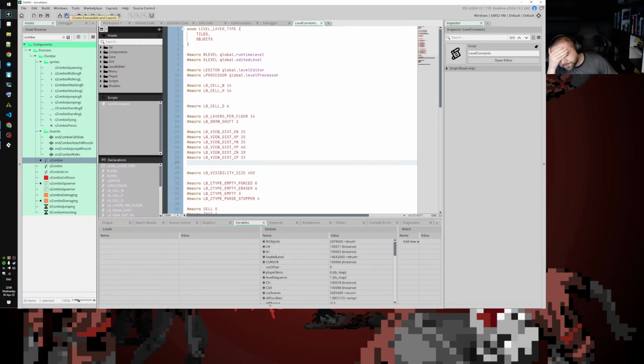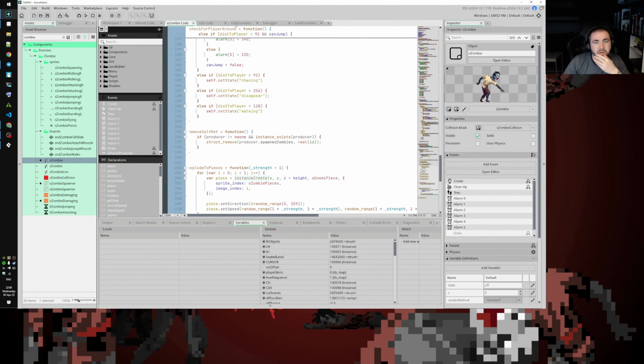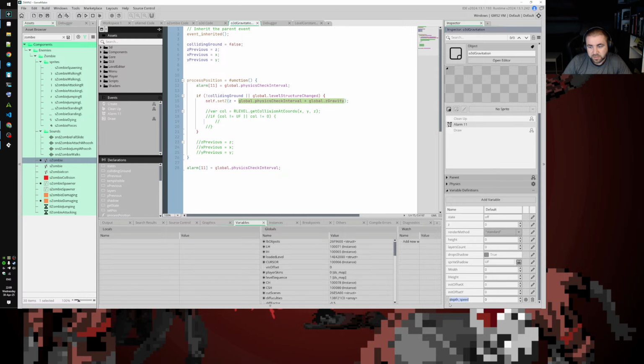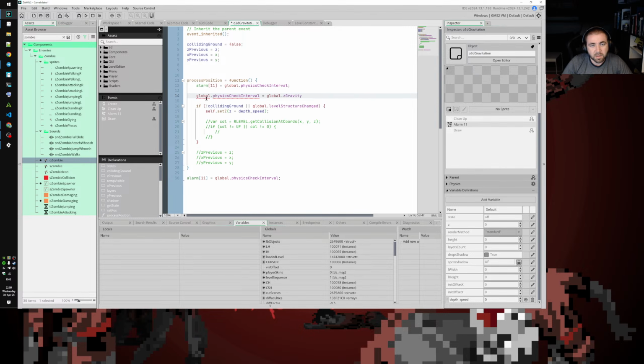Oh yeah, of course. So z gravity is not the speed, right? It's not the velocity of the object. It's acceleration. So this is how much every step the speed should be incremented, right? Instead of adding this, which is acceleration, we need to have, and we do have, the depth speed here. So we should say z equals depth speed multiplied by